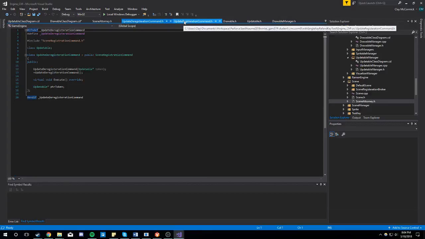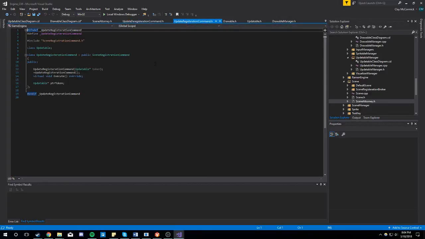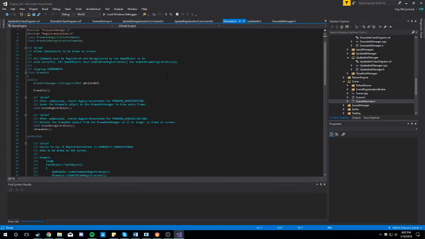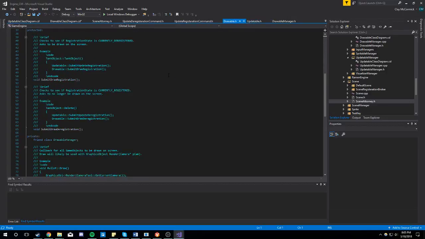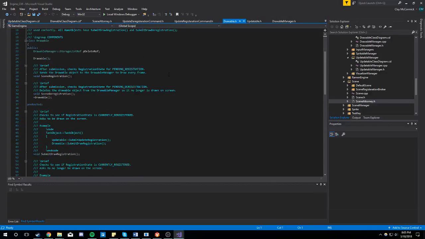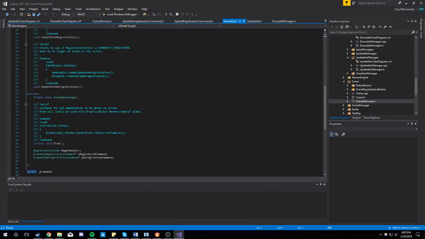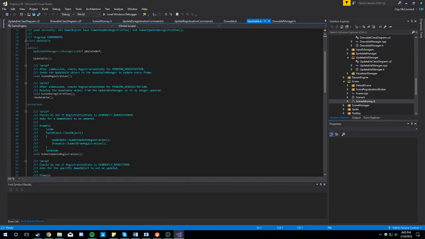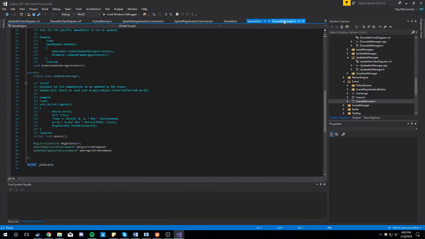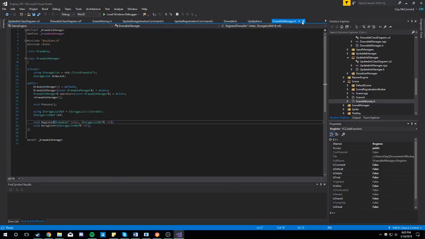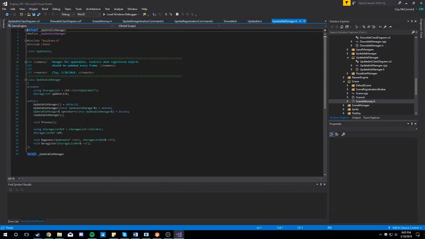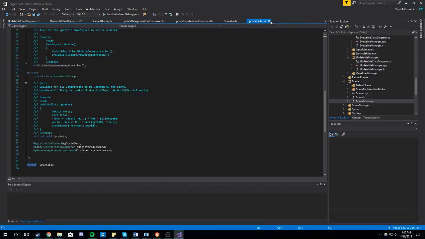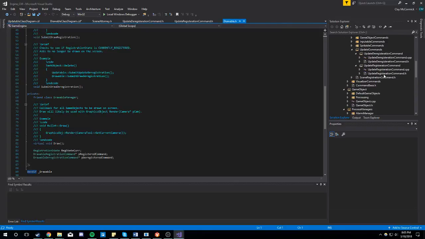And then here are my headers, deregistration command for update, registration command for the update, and then we have the drawable. And the only thing that's public is scene registration and scene deregistration. Same thing with the updatable. And here's the drawable manager, the updatable manager, and then for the